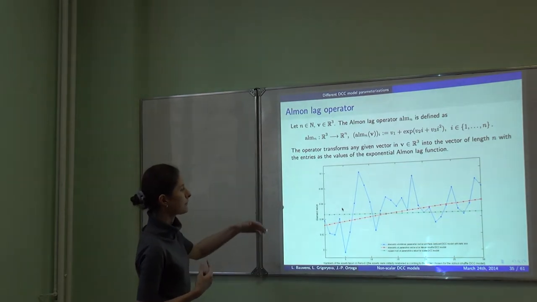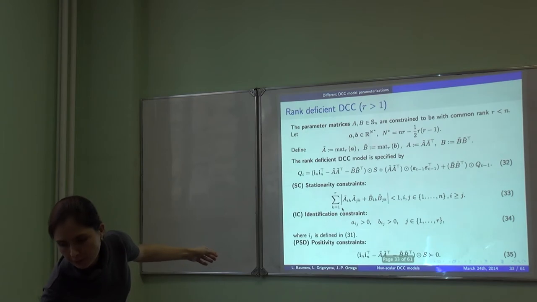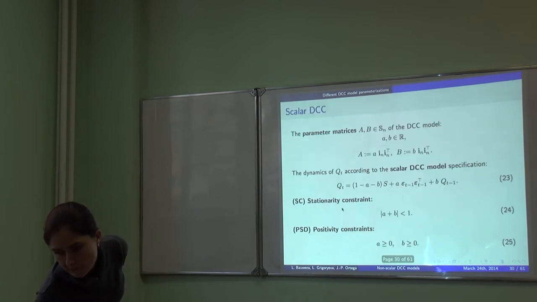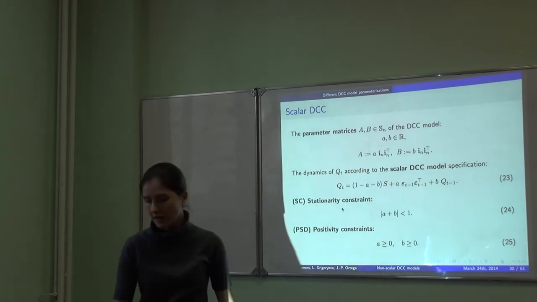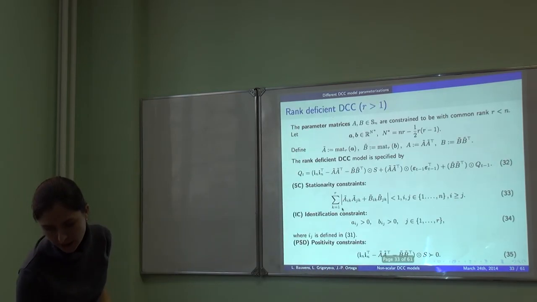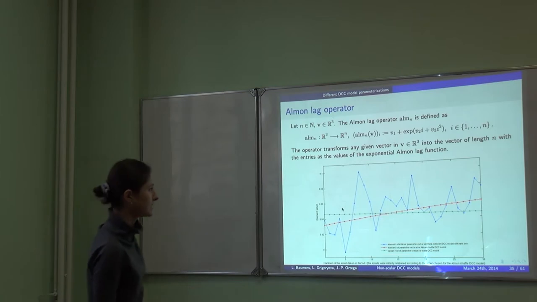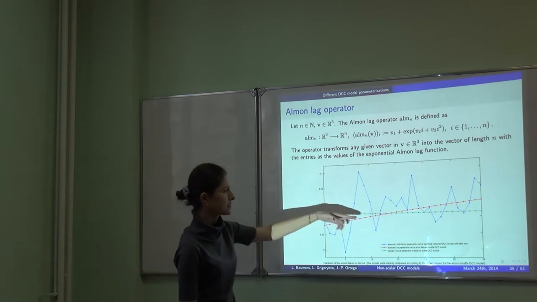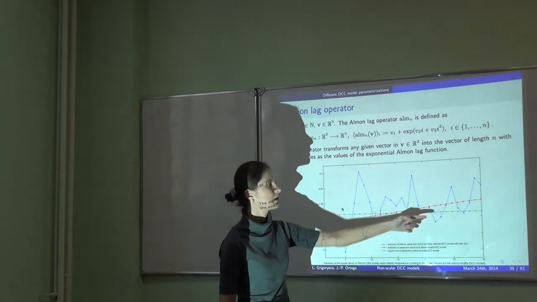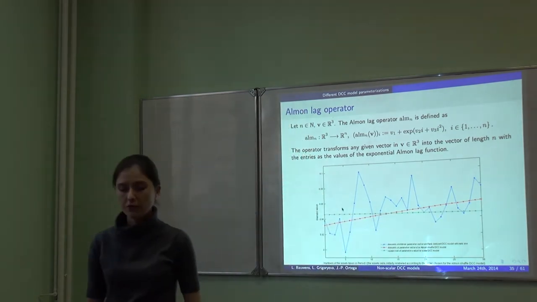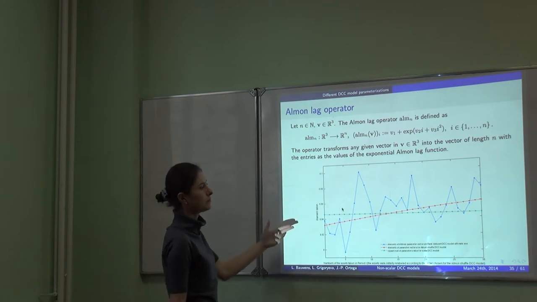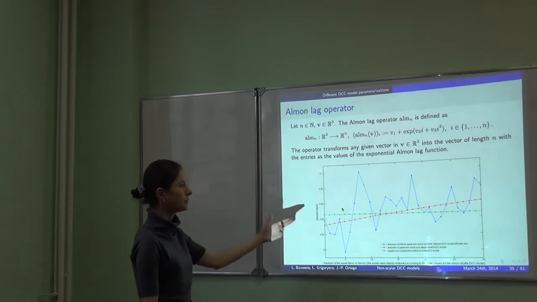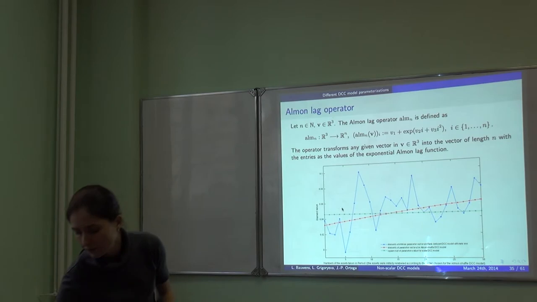So here you have, in the scalar case, as I told you, just one number. No matter how many assets we have, we estimate this parameter, just 1, and it gives us the value for each asset. We will have just one number, right? For the rank deficient one, all these 30 values will actually be different, because it is going to be just a vector of length 30.